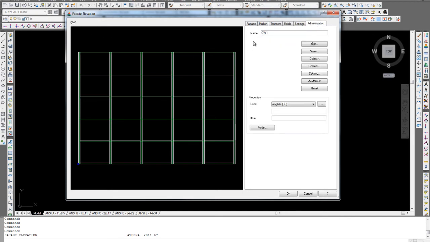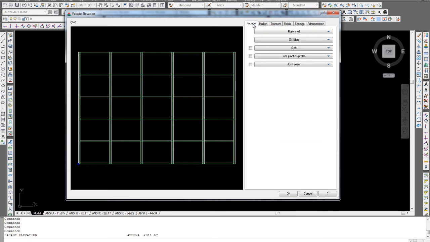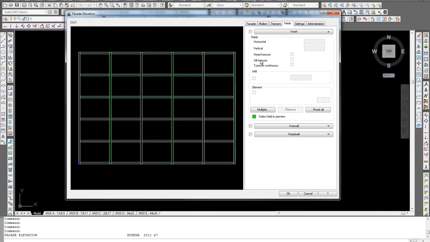So if you have already drawn an elevation, you have saved it, it will then show you what elevation you have to be working on. Now, some of the new tools in 2011 with the facade elevation, one of the newer tools is the window tool. You can now click, the dialog box is now active, you can click into an element, and if you click element over here on the field setting,